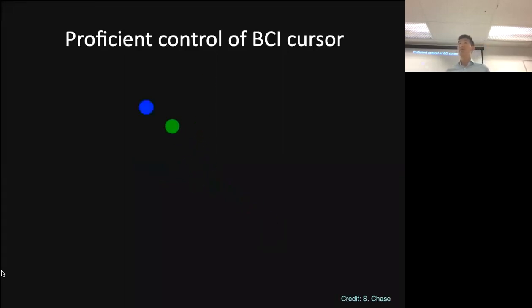Okay, and so by most metrics, this is about half as good as what we can do with our arms. Okay, and the reason why I'm showing this to you is because we're going to be using BCI to address scientific questions. And a prerequisite to doing that is that we have good behavioral control. Right, and so I hope, from this video, you can see that the starting point is good behavioral control.